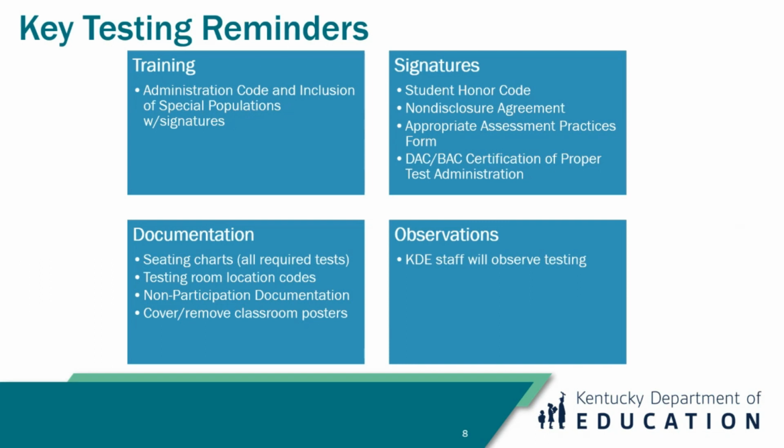Seating charts are required for all state assessments, and as a reminder, it is vitally important to know the assessments being given, as vendor policy differs from KDE. For example, ACT requires seating charts to be filled out on their form. However, KDE does not require an additional seating chart. The ACT seating chart is acceptable to KDE. Just keep a copy on file. The observations by KDE will be in person, but could also be a virtual visit.